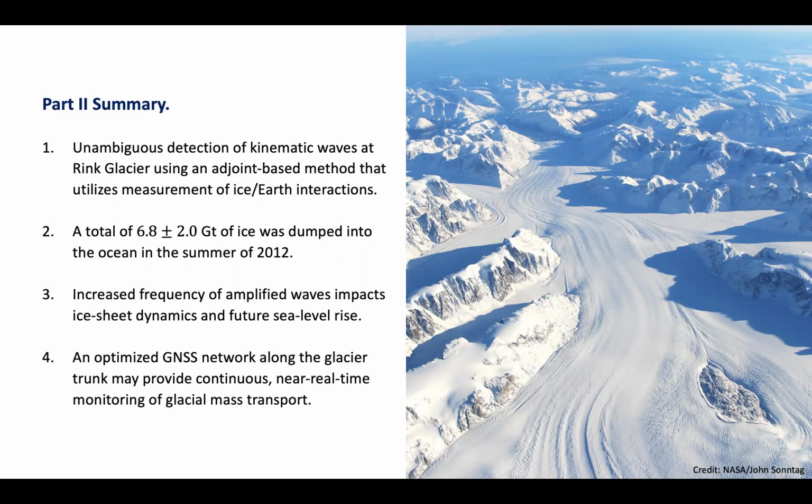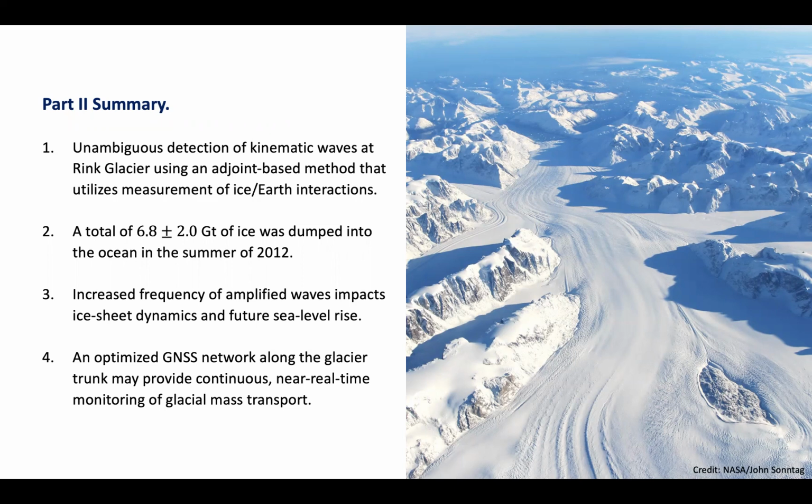And the kinematic waves are expected to travel down glacier following extreme climatological events, such as excessive surface melting, for example, the one that happened in 2012. And in an ongoing warming climate, we expect that such extreme climatological events or seasons might get more frequent, and could be more extreme as well. And so that means that we are likely to see these short time scale pulses of kinematic waves traveling down many more glaciers than just Ring Glacier. And all we have to do is keep our eyes on those.